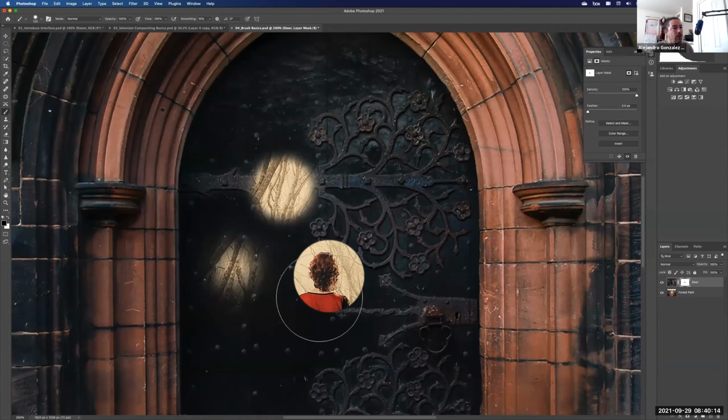Your level of hardness is going to depend on what you're trying to do. 0% hardness in a big brush is a really nice way to blend two different things together. For this door, I'll probably use like 50% hardness. And then another thing that I like to do,